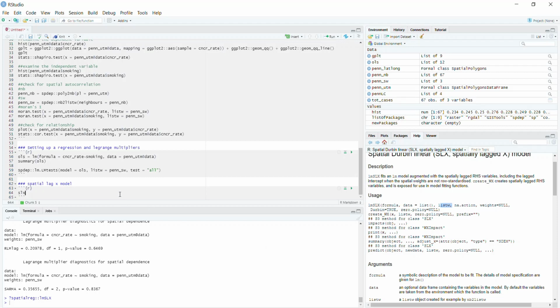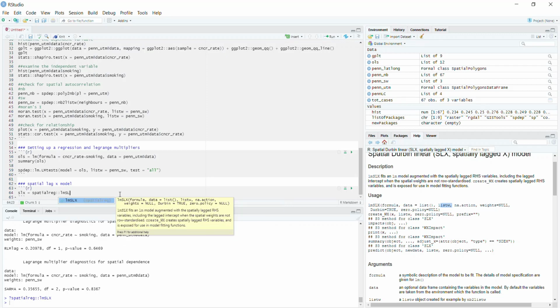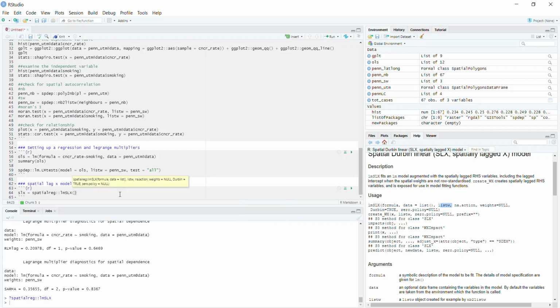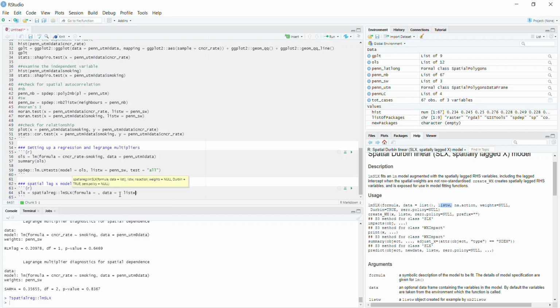So we're going to do a spatial lag X model, and we're going to set that equal to, again, spatialreg for the spatial regression package, colon, colon, and then we're going to do lmSLX. Okay? This is going to take the formula. It's going to take data. It's going to take the listw. Okay? So formula, again, this is going to be the exact same thing. This is going to be the cancer rate